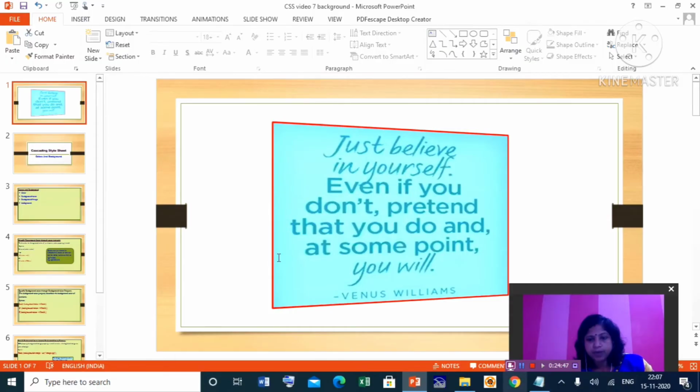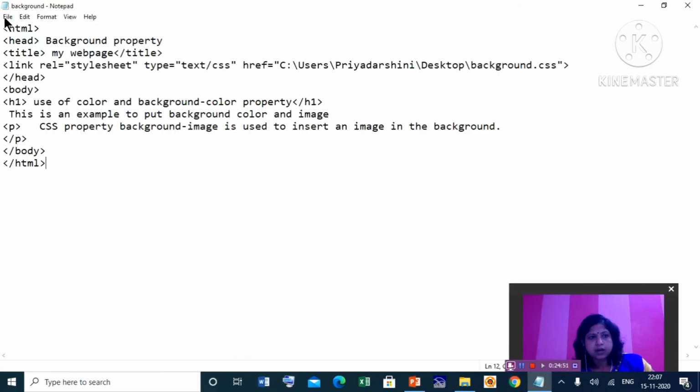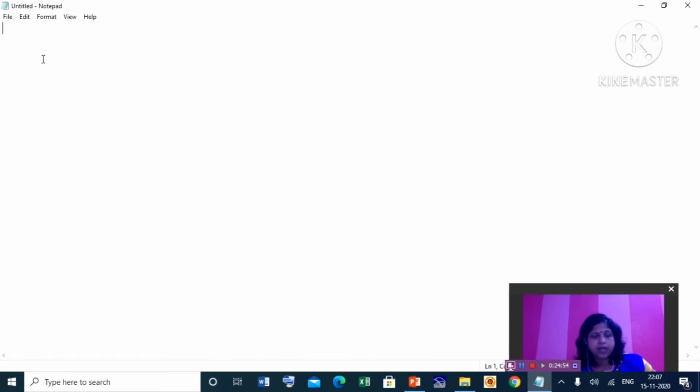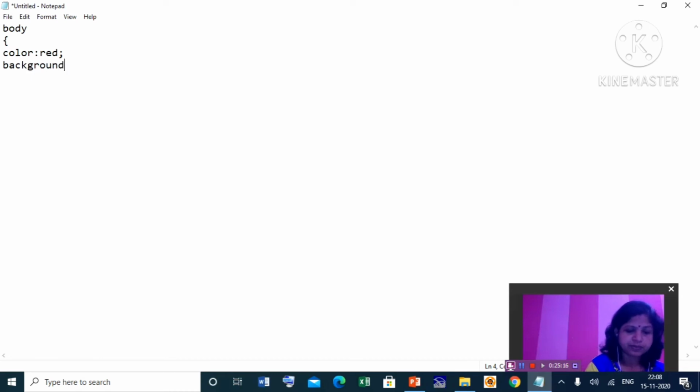So for that we will go to our notepad. I'll show you a new one. Suppose first we create the style sheet. For the style sheet, we will first create body, then color, meaning text color. Suppose you take red color. Then background-image, and after that give a colon.